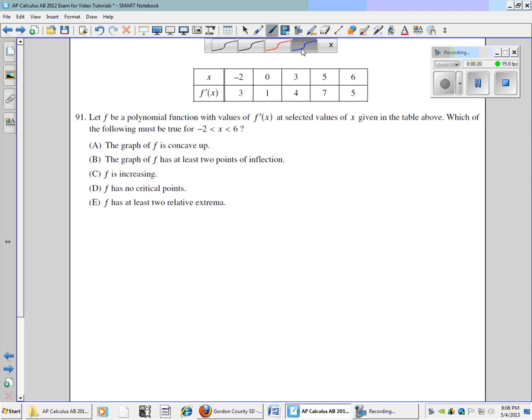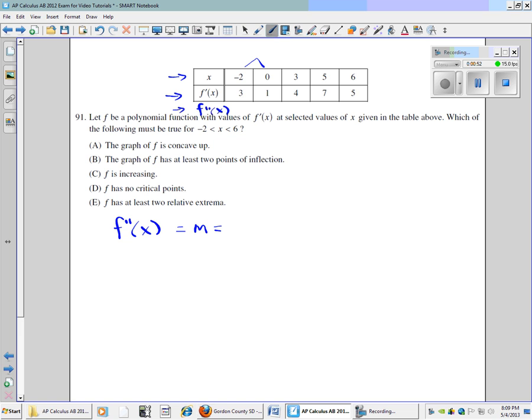Well, as I look at what's in the table, what first comes to mind is slope. What I'm going to look for is the second derivative of f, and I can find that by looking at the information given in the table. If I have the slope, and this is again my second derivative, I'm looking at the slope between the points that are given and the information for the first derivative, then